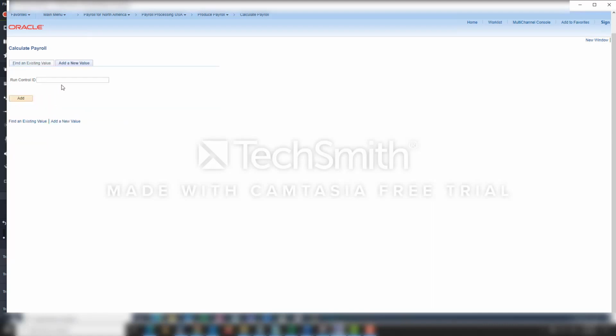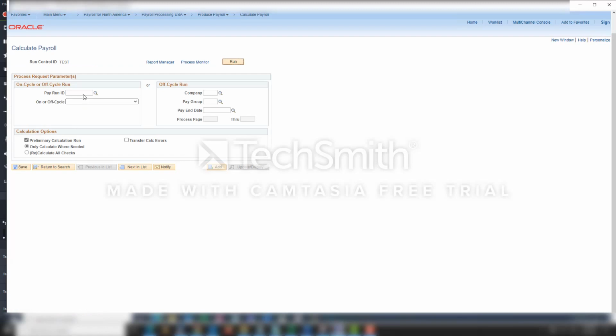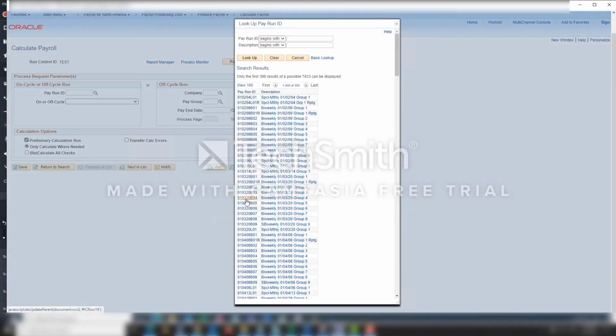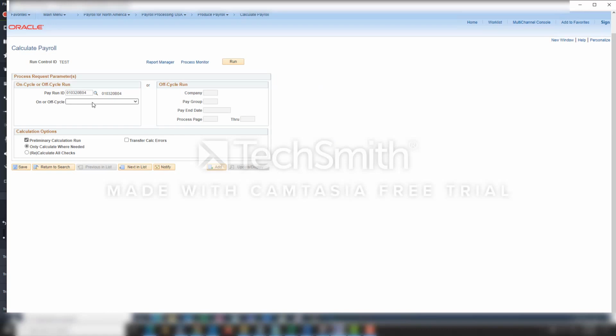Here we'll add a new run control ID, something like test, we already have it. And here, if it's an on-cycle payroll, we need to specify the specific pay run ID, whether it's on-cycle or off-cycle. Here we need to make sure that we are checking the preliminary calculation run. This indicates that this is a